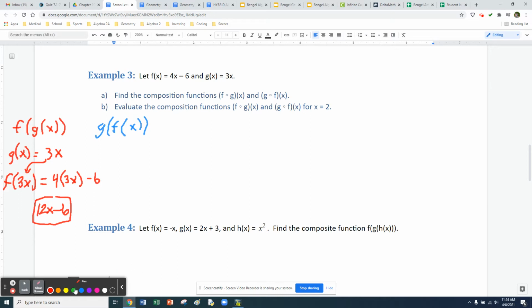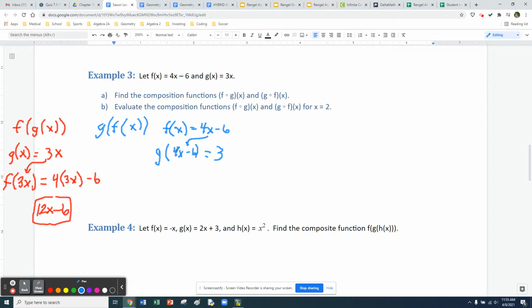Now we'll flip that around. We'll look at what happens when I do g of f of x. So g of f of x, the f of x is on the inside, so that is done first. So f of x is equal to 4x minus 6. So when I input an x into this function, that's my output, 4x minus 6. So then that now gets input into the g of x function. So just like yesterday, we take whatever the output is, and then we're inputting that into our next function. So 4x minus 6 now inputs into the g of x function, and the g of x function is 3x,